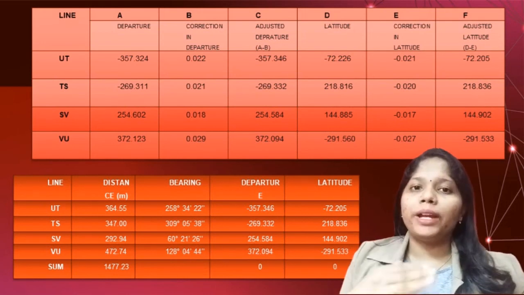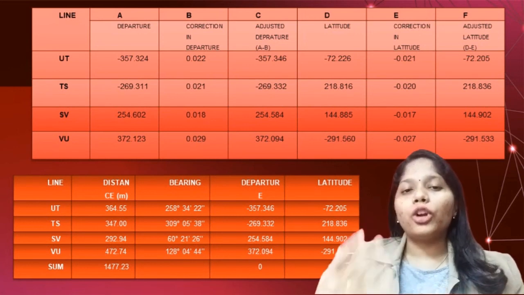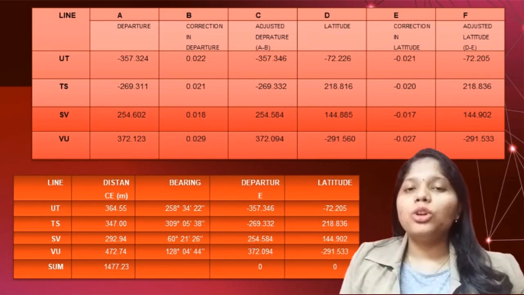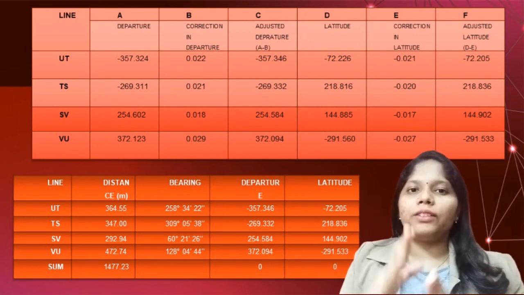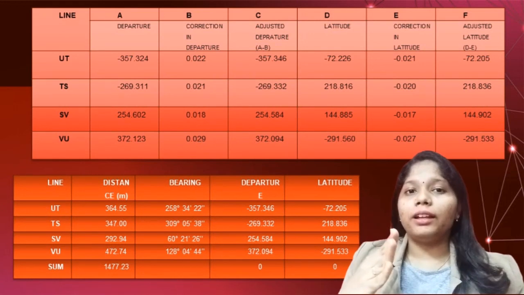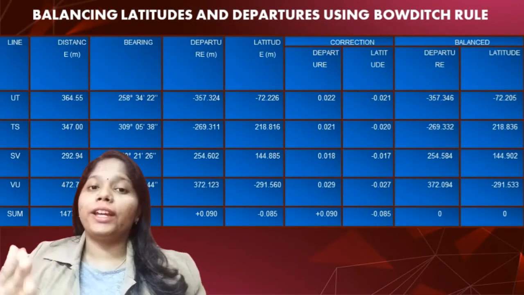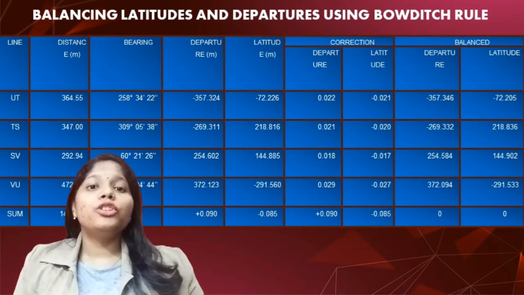Here we can see all the adjusted latitude and adjusted departure. Once we have them, we put all the values in the table to show the